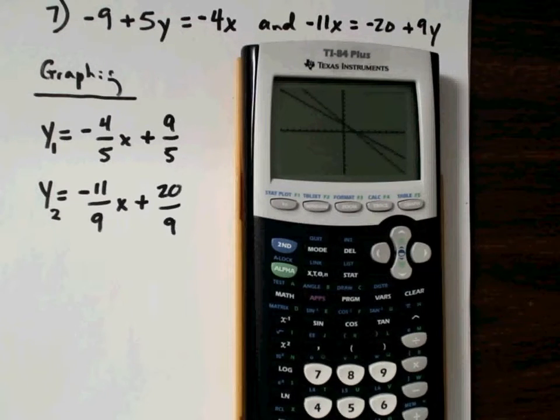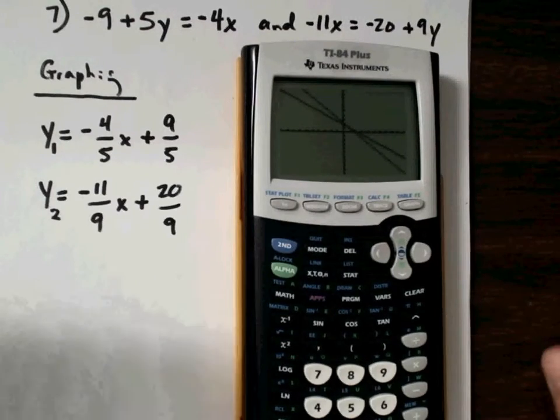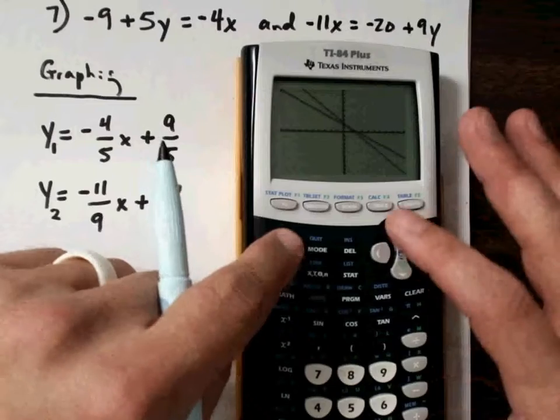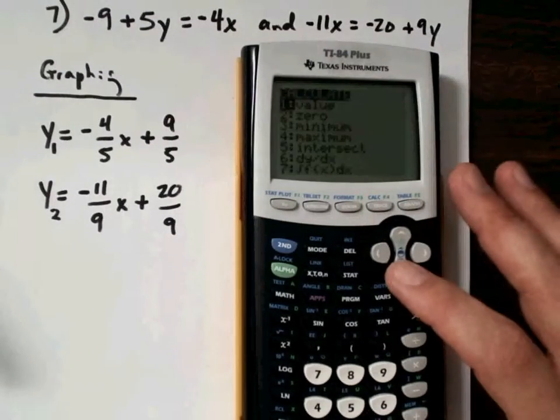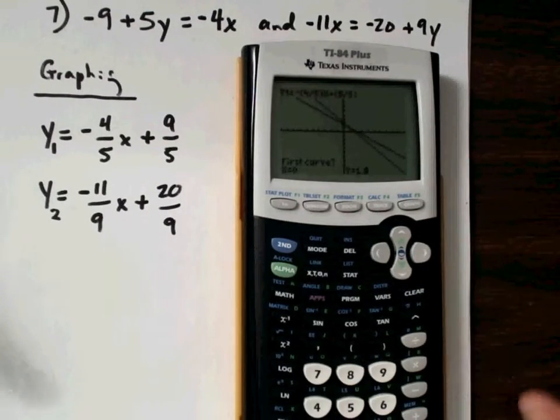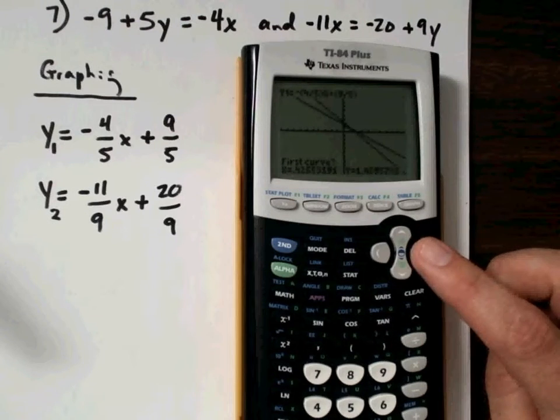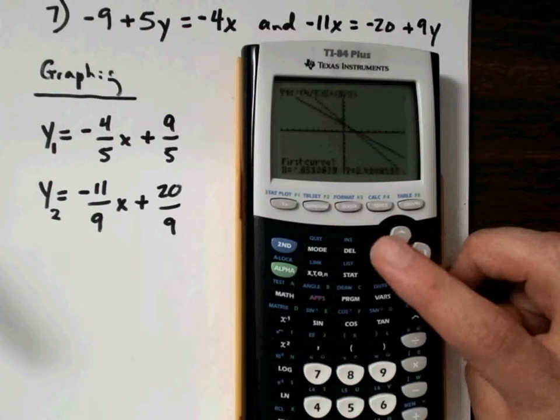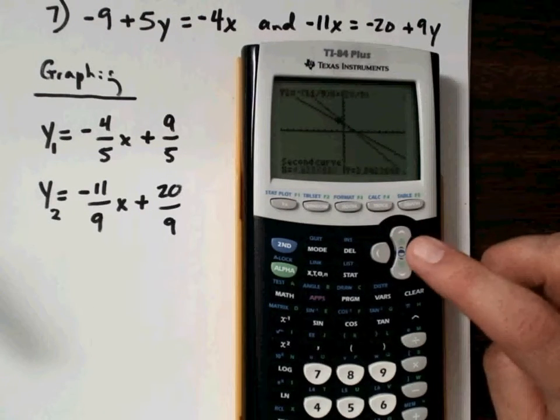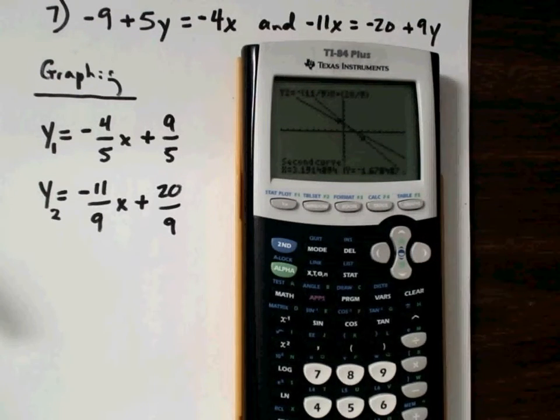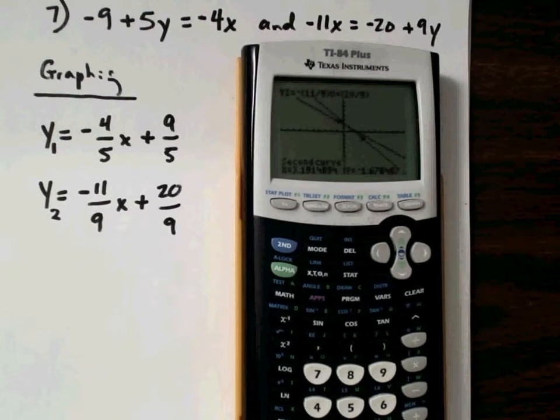All right. Now then, we're going to go through and we're going to find the point of intersection. So I go second, trace, which gets me to calc, intersection. I'm going to select the first one right here. What's the key thing that I have to do when I select the second curve? Make sure it's past the point of intersection. The first very important thing is that I got to make sure I can see the point of intersection. Now that I can see it,